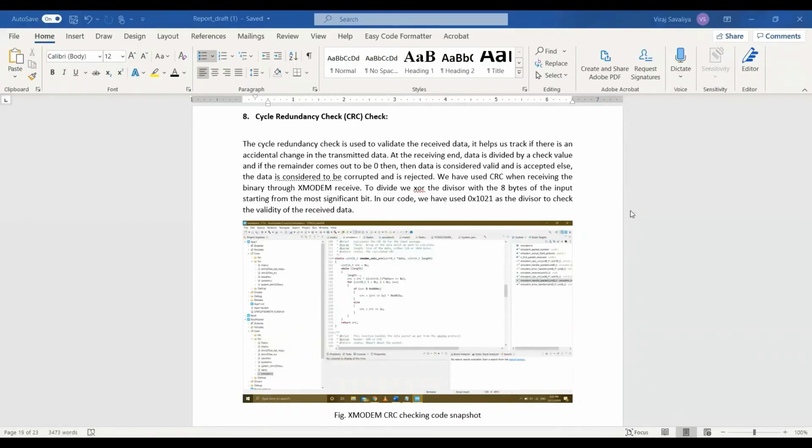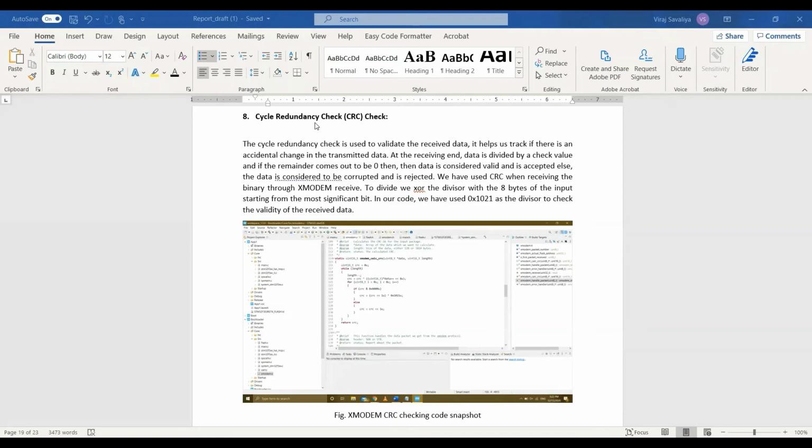So in Xmodem, we saw that we are doing a checksum to verify if the data packet passed from the transmitter to the receiver is correct or not. So we are doing a cyclic redundancy check for the checksum over here to validate the data received at the receiver. So what this basically does is that it divides. In checksum, the incoming value is divided by a fixed check value. And if the remainder of the division comes out to be 0, then the data is valid. That means it was not corrupted or tampered with when it was transmitted.